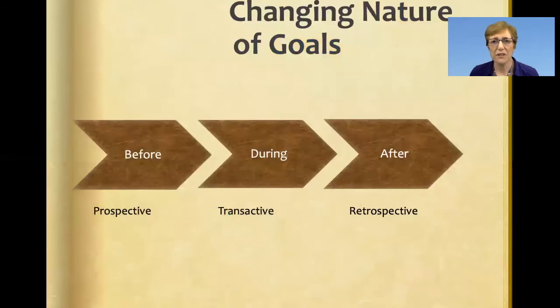The last thing I want to say about goals in terms of defining them is that they can change. So Wilmot and Hocker talked about the different stages that goals can go through. Before you actually sit down and talk to the person about the conflict, or maybe not even have a rational conversation, but blow up, before you have that blow up or that conversation, you have your prospective goals. That is before you have that conflict interaction, and you think you know what you want, and you define it and so on.